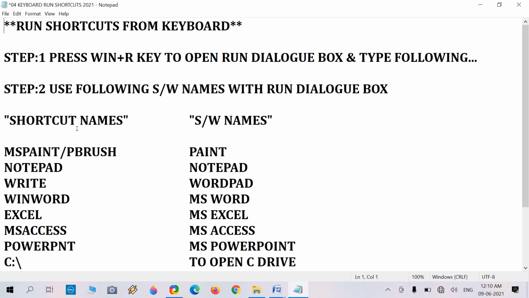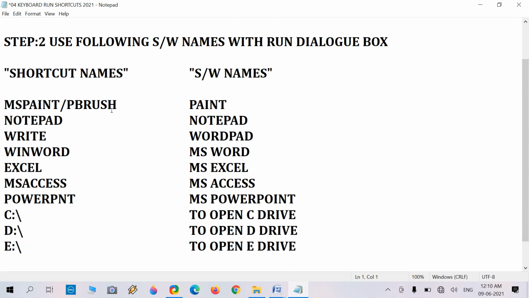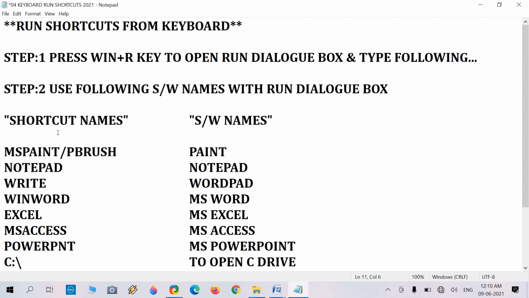There is a list of shortcut names and software names. If we need to open Microsoft Paint, then use PBrush. If we need to open Notepad, then use the Notepad term. If we need to open WordPad, then write is the term of the shortcut. It is known as a Run shortcut.